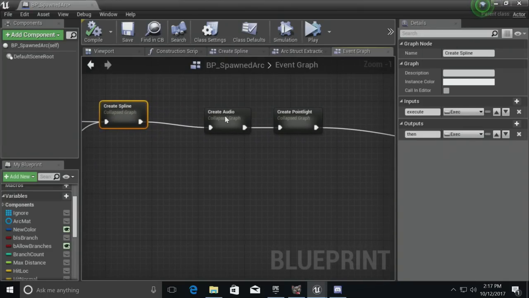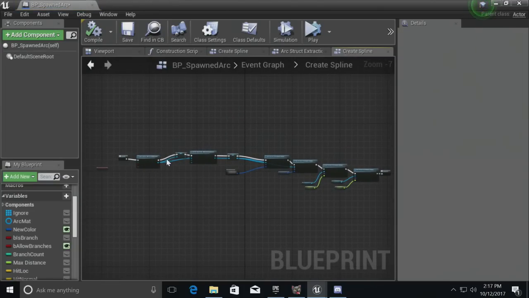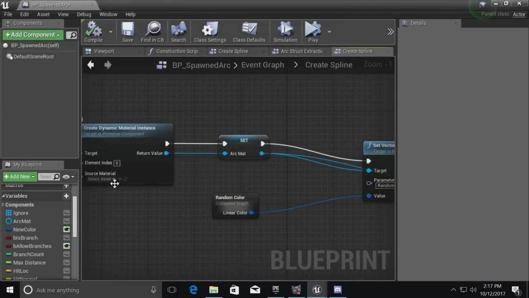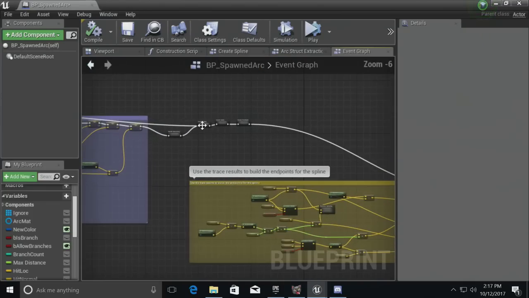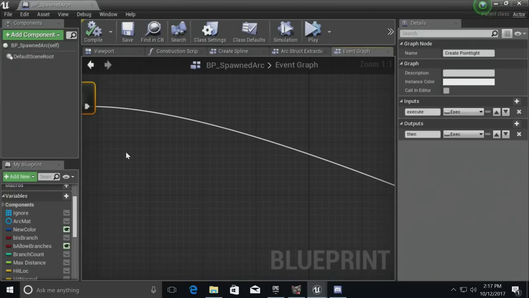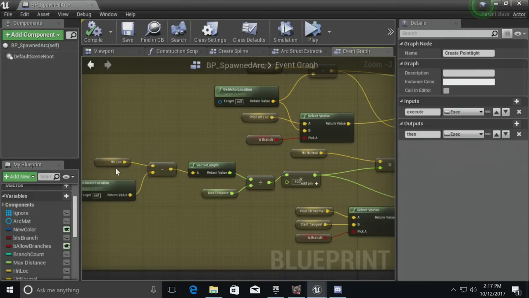And here we have just some collapse graphs for each of the, like creating the spline itself, which is pretty simple. I actually pass the data down to the spline for its shape a little later. And then things like create the audio for the electrical point light at the destination. And then here's where things are a little bit messier, but here's where all of those locations are combined to